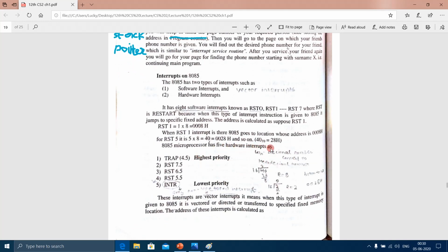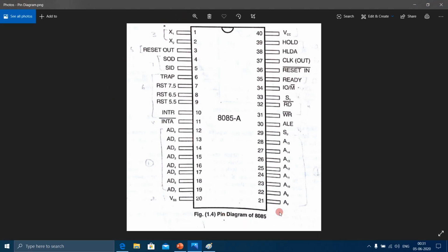8085 has 5 hardware interrupts: TRAP, RST 7.5, RST 6.5, RST 5.5 and INTR.